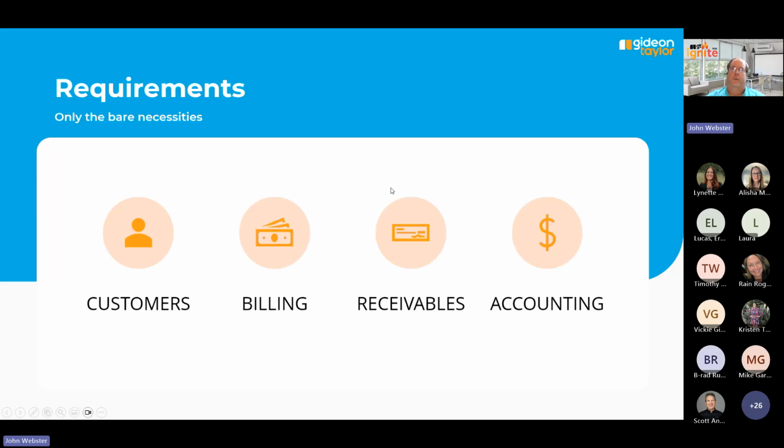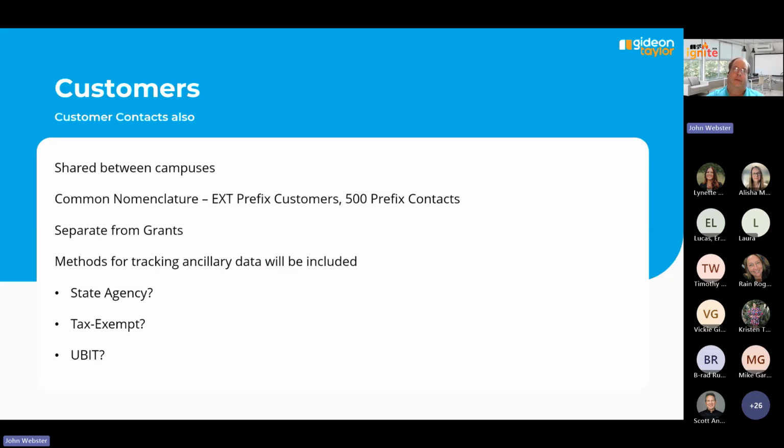We broke our requirements down into the 4 key pieces around customers, billing, receivables, and accounting. And we said up front, we're going for a bare bones system. We want to be able to do what your billing system does and your AR system does, but we're not going to look at a whole lot of other things. We have a very tight timeline. So for customers,